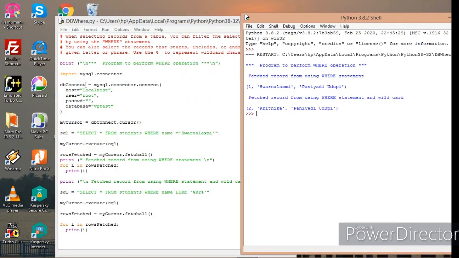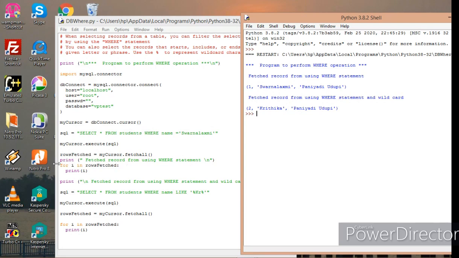DB connect is the connection object, and my cursor is the cursor object. Here in the table students of the database VP test, I want to search for the name Swarnalakshmi. So I'm going to give the SQL statement as select star from students where name is equal to Swarnalakshmi.